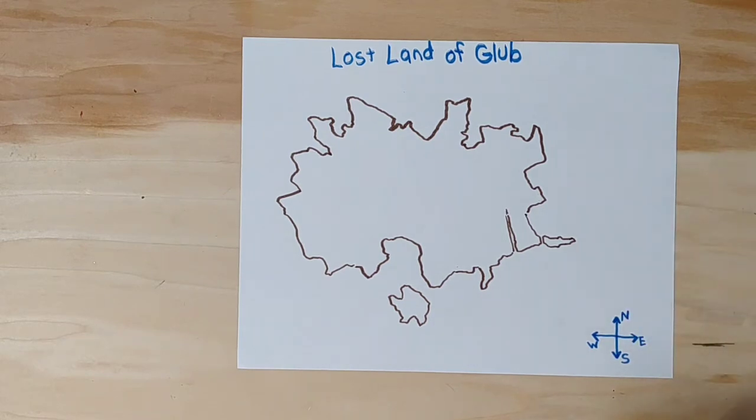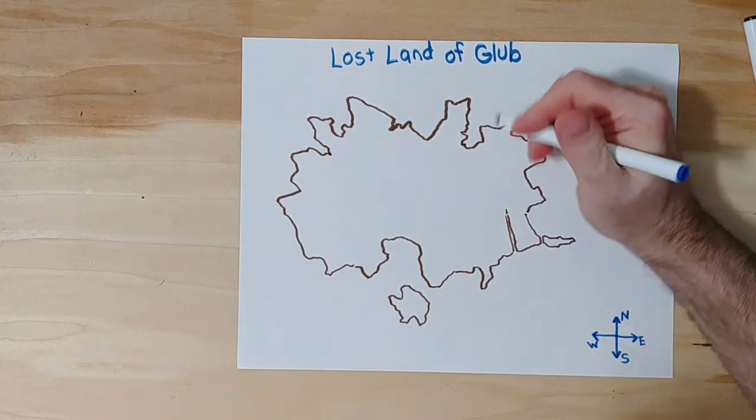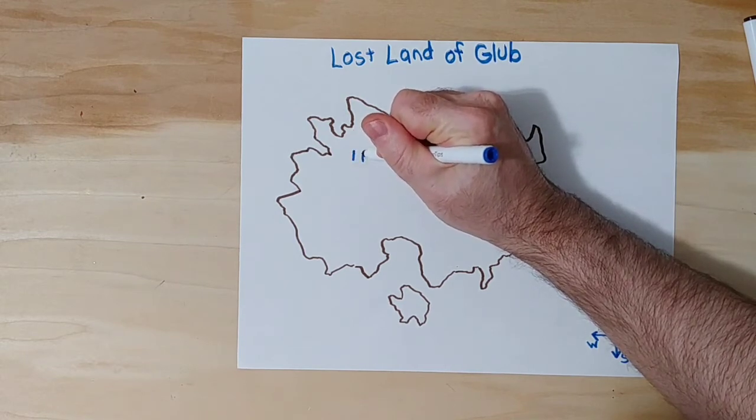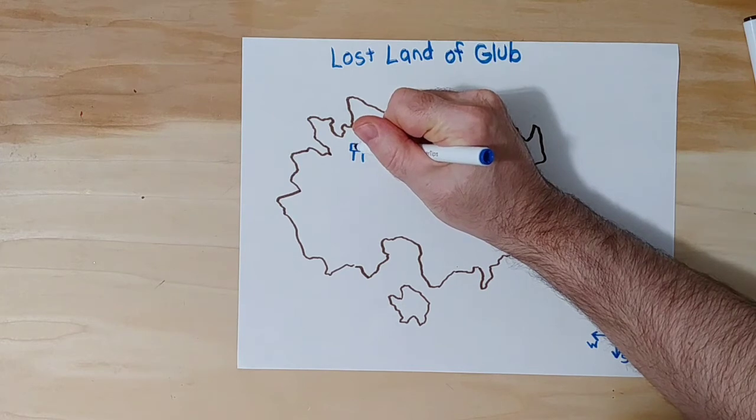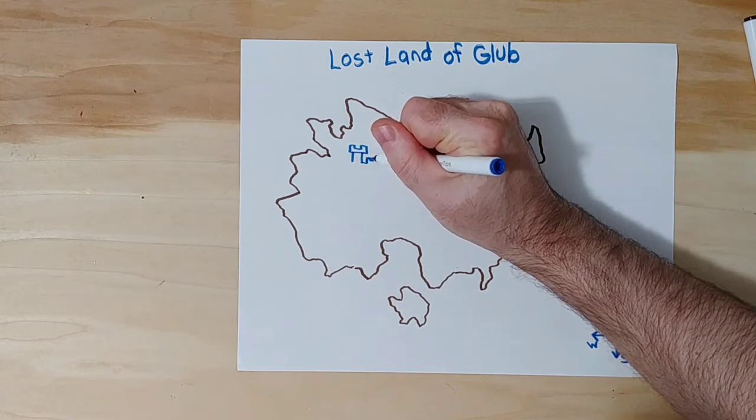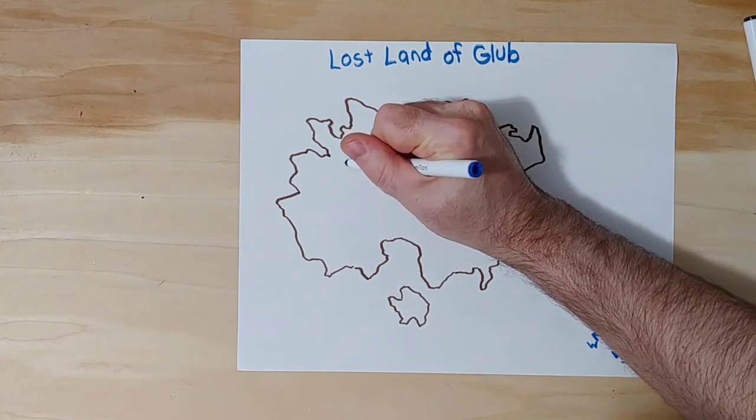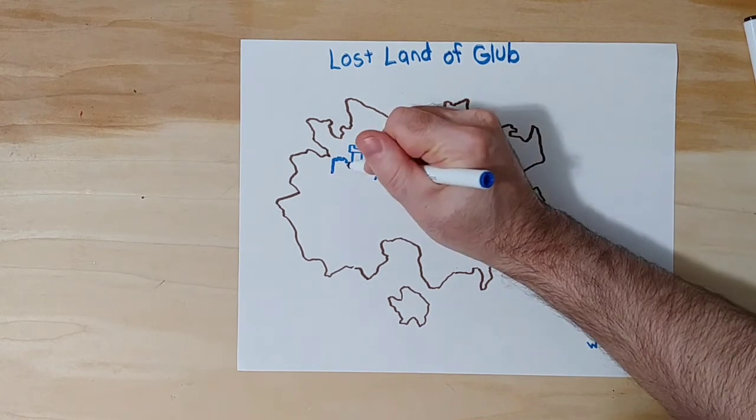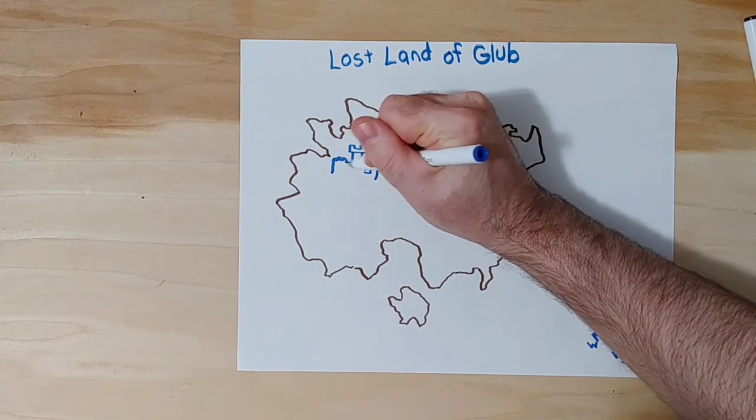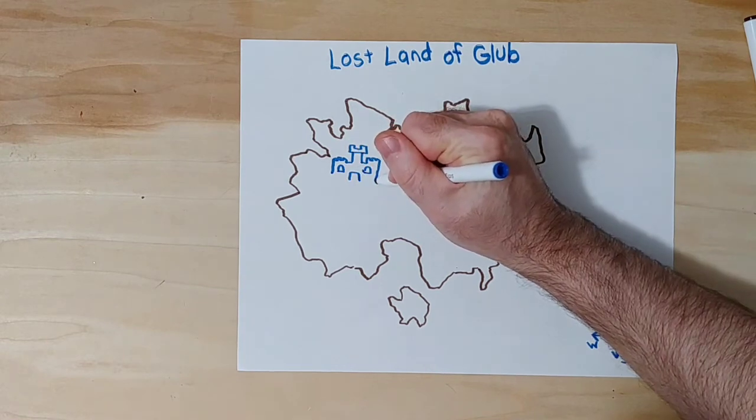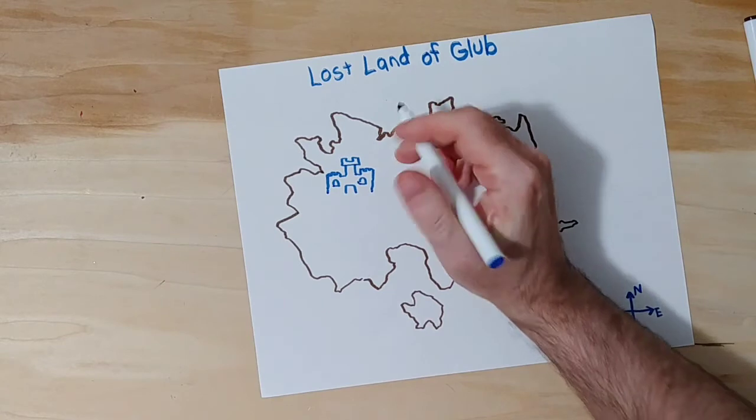Now, the land of Glub is a very strange place. There are different parts of it. One is a little kingdom. So I'm going to draw a little castle over here. Feel free to draw all the things that are in your imaginary place. This is going to be an illustrated map, so you can draw the things that are in there. So this is the kingdom